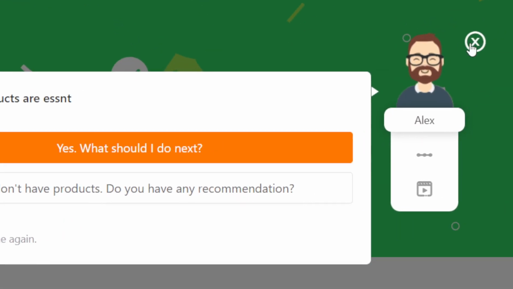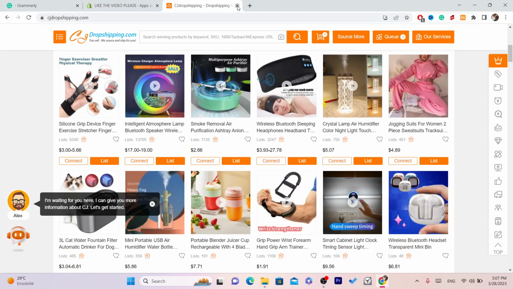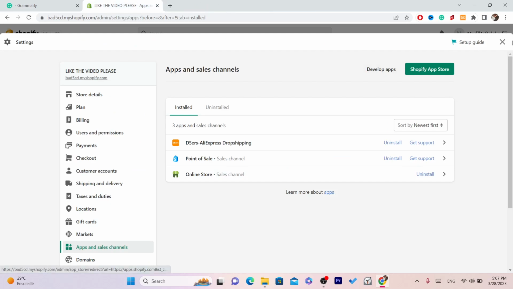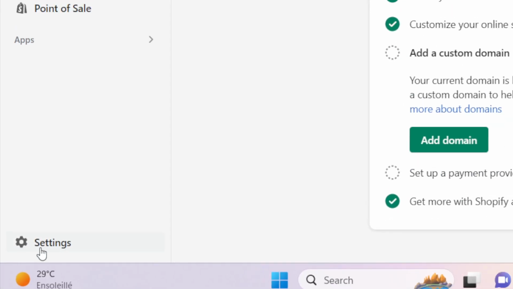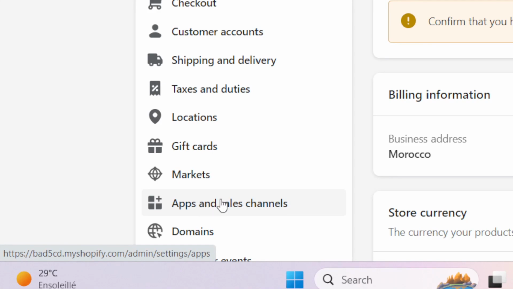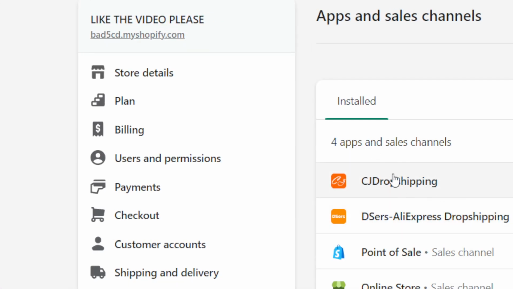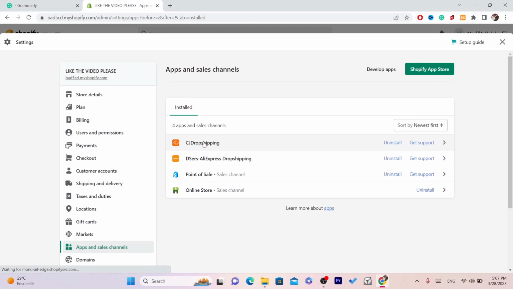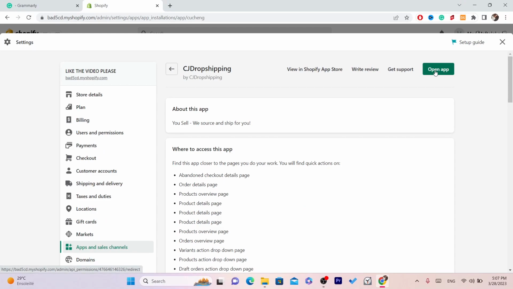Alright, now after you do this, guys, you need to close all of this. Okay, you need to close CJ, you need to close everything, and you need to click on X here, and after that you need to click again on settings at the very bottom left, and you want to click on apps and sales channels. I'm just going to reload the page because I have downloaded the app. As you can see, this is the app that we have to click on. It's called CJ Dropshipping. Click on it, and in the top right here, it says open app. Click on open app,